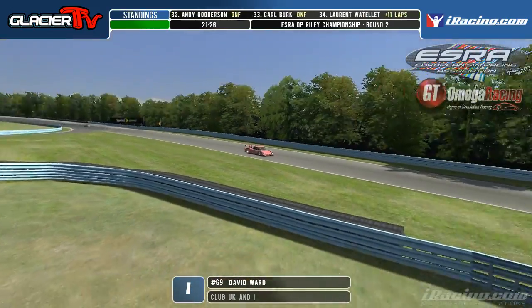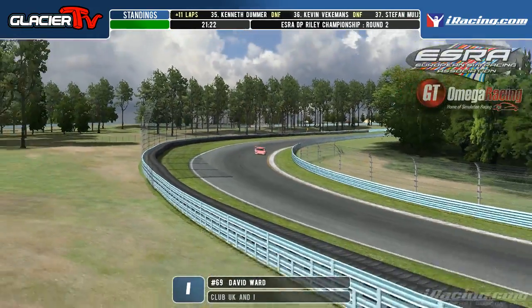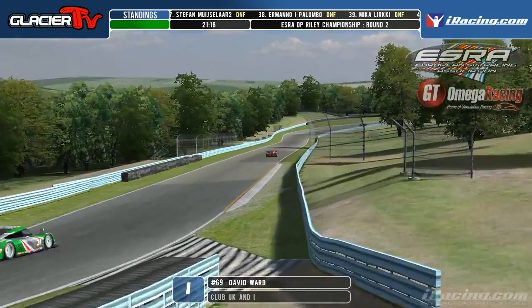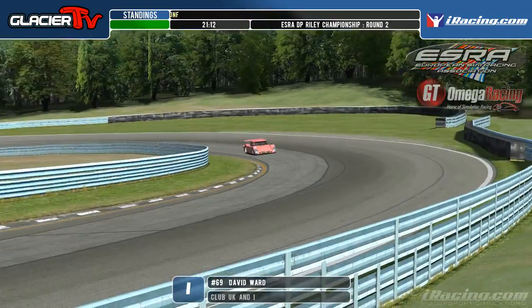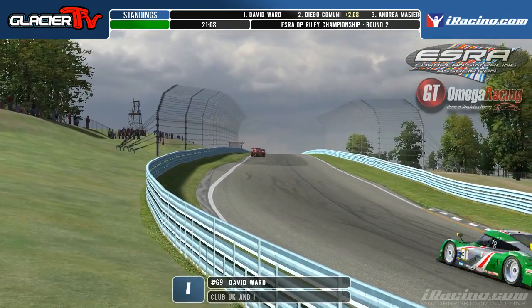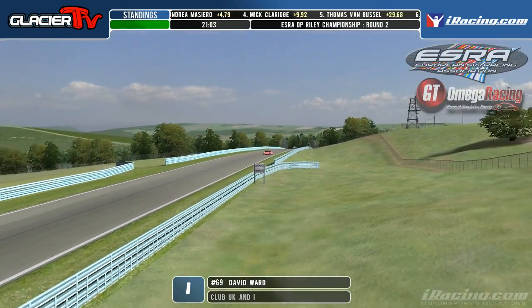And we'll see a lot more drivers, I believe, coming onto pit road in the next couple of laps to make their one and only stop of the day. Right now, we've got Fred Joseph on pit road, Andrea Brandini on pit road, Danny Kakins on pit road, and let's see who else we've got. I see Onelius is still on pit road. So a lot of drivers right now are looking as though they are on pit road with damaged race cars, as Maguire is coming onto pit road